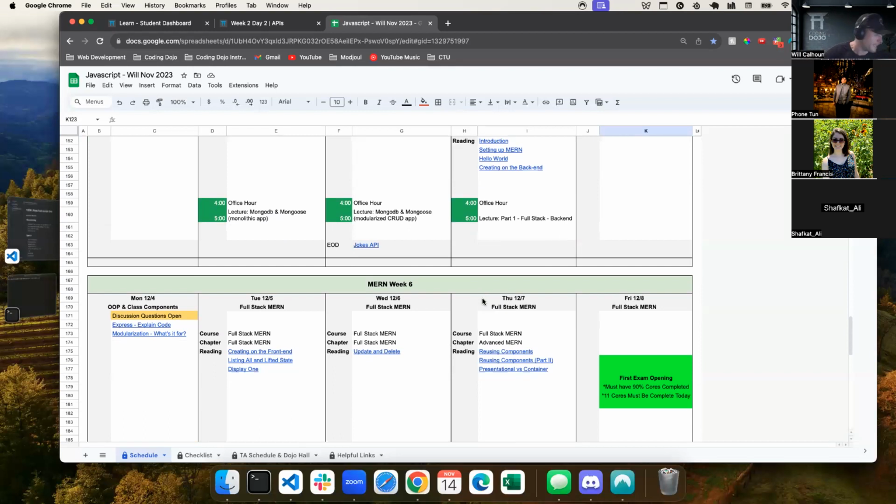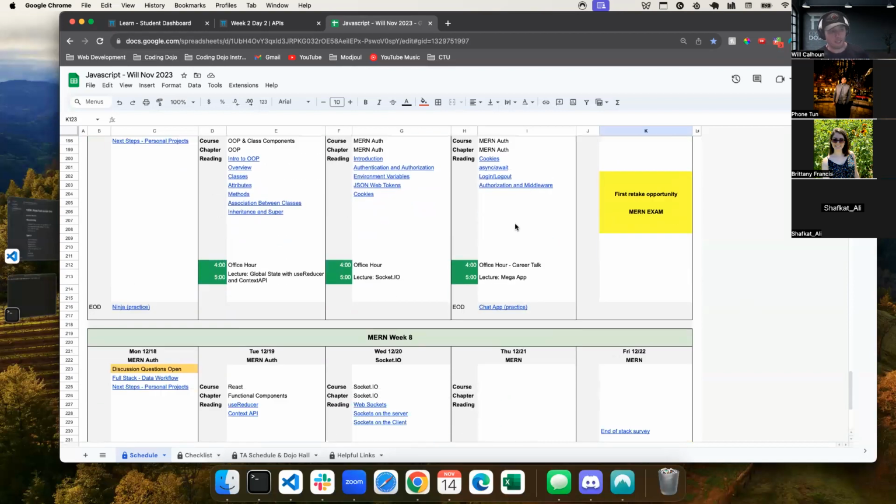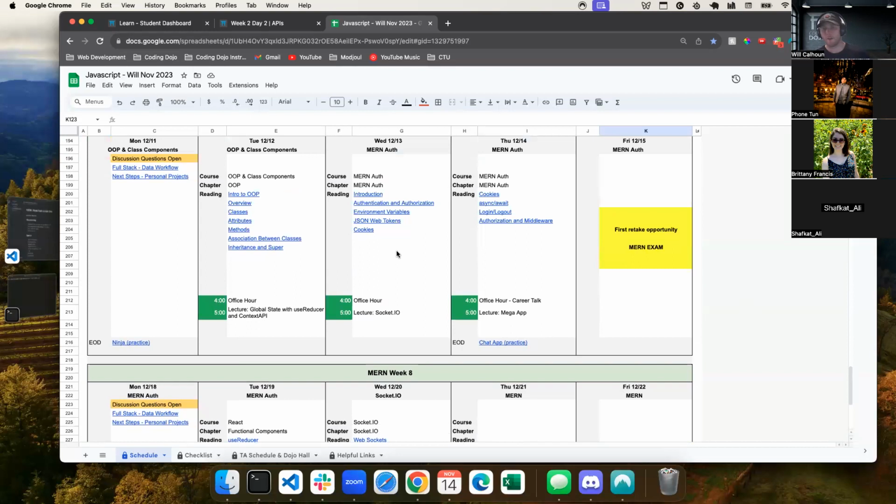Week 6 will be the end of our curriculum in regards of what is needed for the exams. You'll learn everything for that. Week 7 and 8, I usually do just kind of other ways to do things. And so we are dealing with functional based components, but there's class-based components as well. So we'll talk about that.